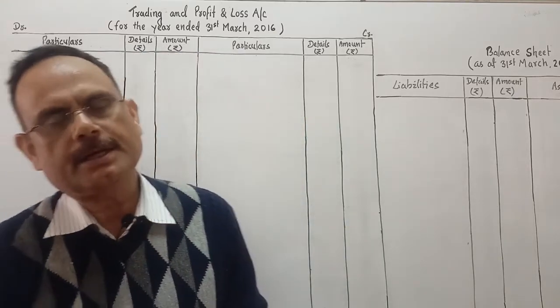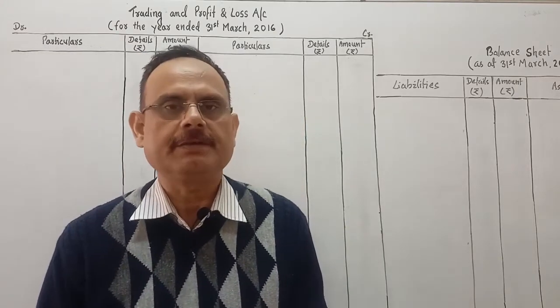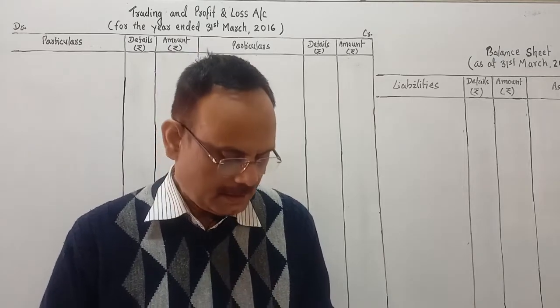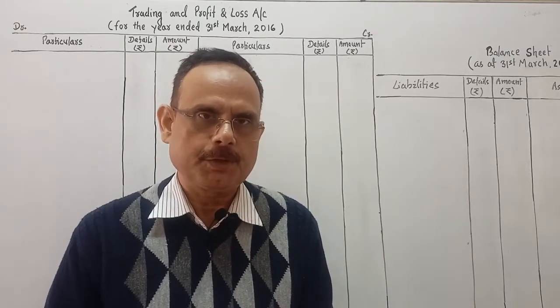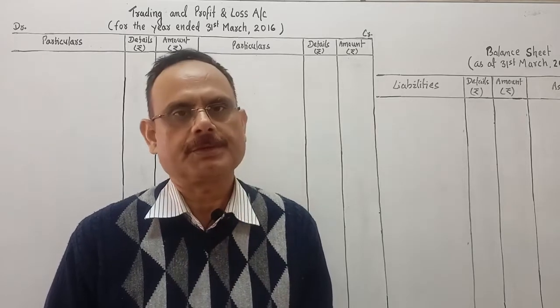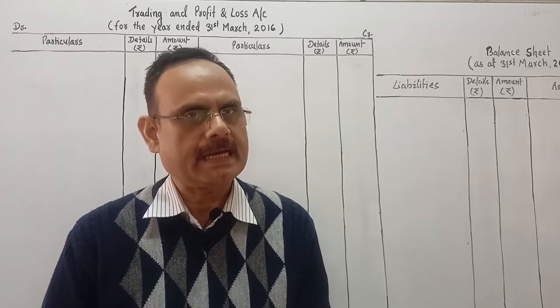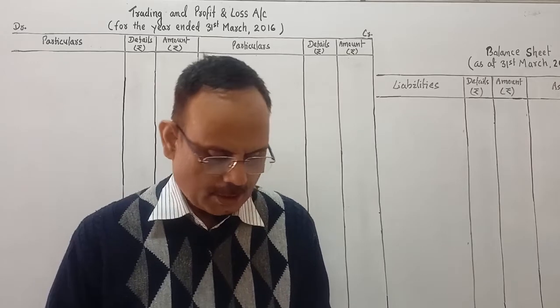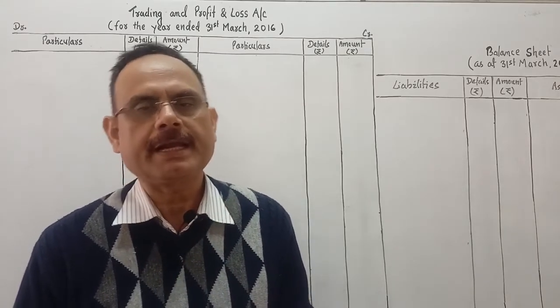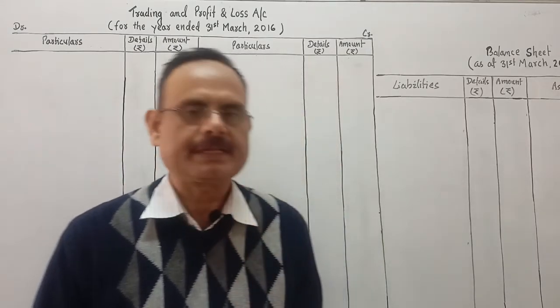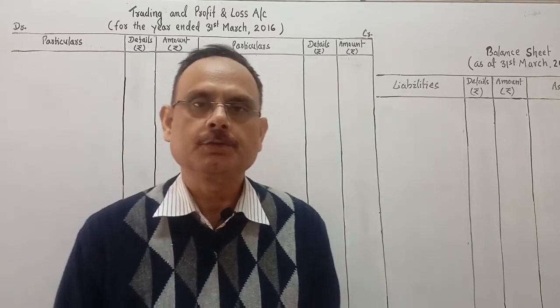These are the ledger balances given inside the trial balance. Just below the trial balance, there is certain information given as adjustment. Taking into account the following adjustments, prepare trading and profit and loss account and balance sheet as at 31st March